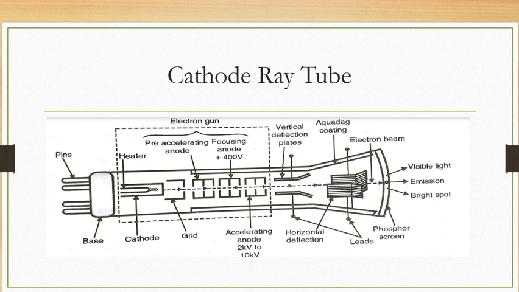Okay, so for today's lecture I think this much is sufficient, because if you see this CRO, the block diagram is very simple but the inside working is very complex. If you understand the basics in depth, then it will be very easy to understand the functionality of a CRO, because the CRO is the most important equipment in our field, which gives you frequency, amplitude and voltage. That's why I am telling you repeatedly, please revisit your basics, because the study of that is very important.